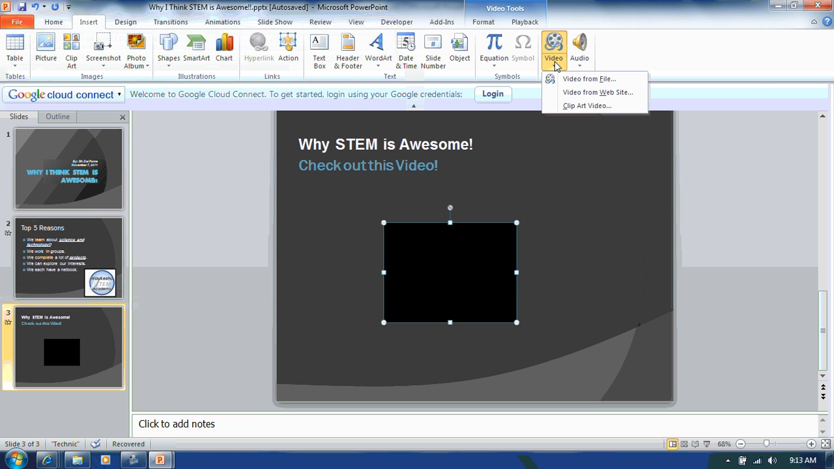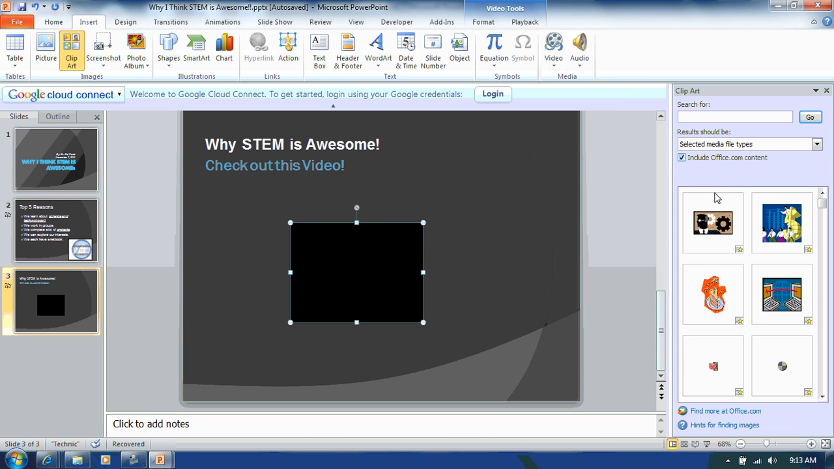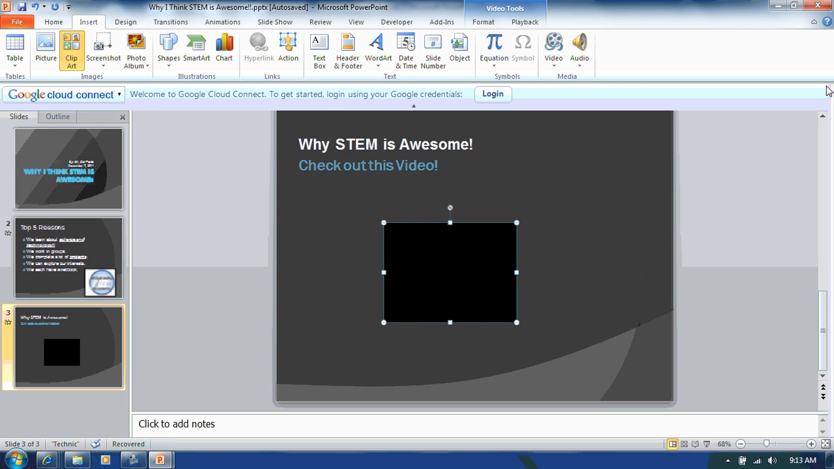The second thing you can do is do a video from a website. And we're going to show you how to do that. It is embedding videos from the internet. And finally, you can do a clip art video, which is going to be select a video that's pre-stored in the clip art section, and you can search for these and you can just add them in, kind of like clip art sound. But to go back up here, video from a website, in order to do this, I'm going